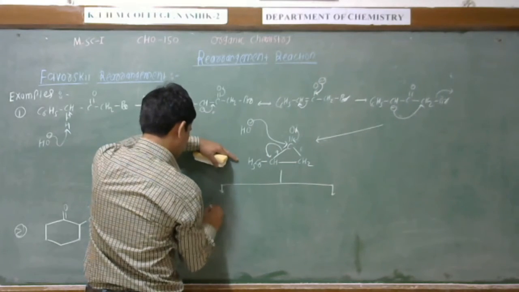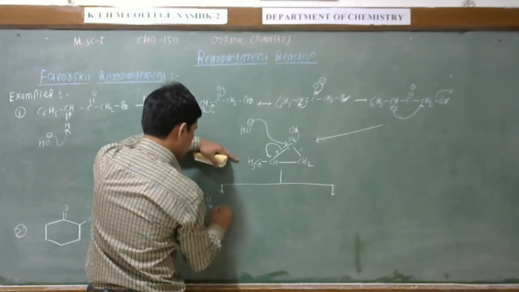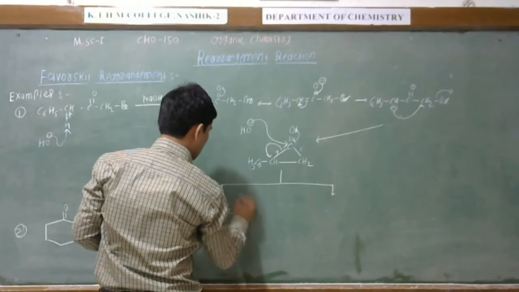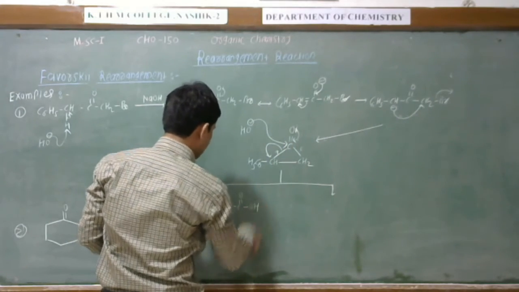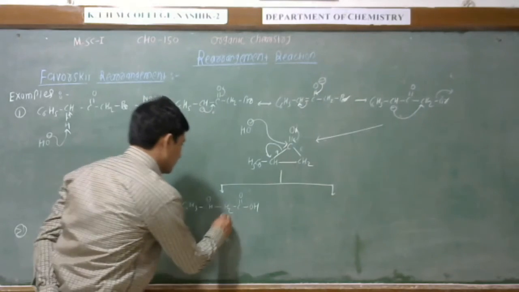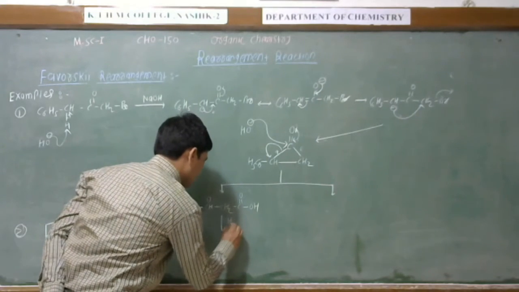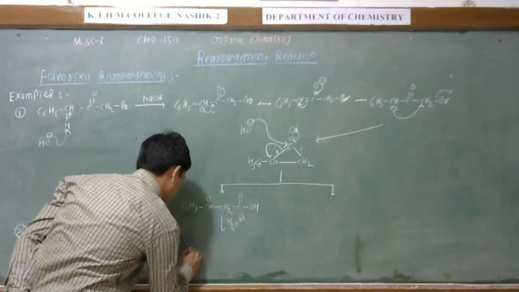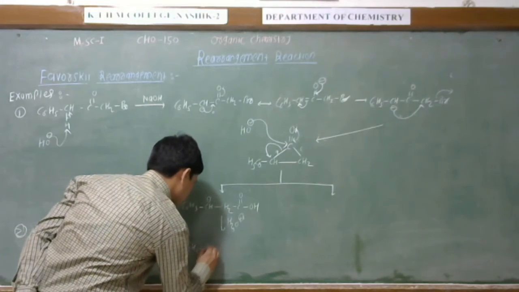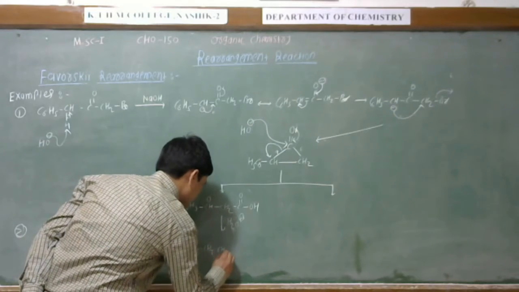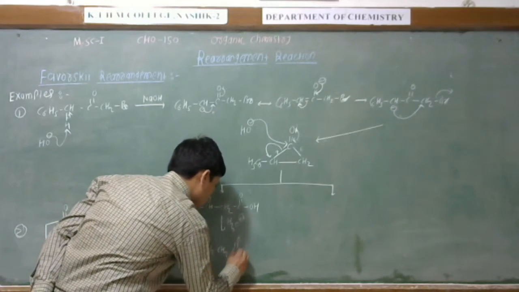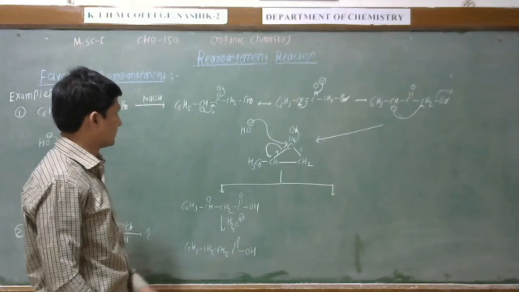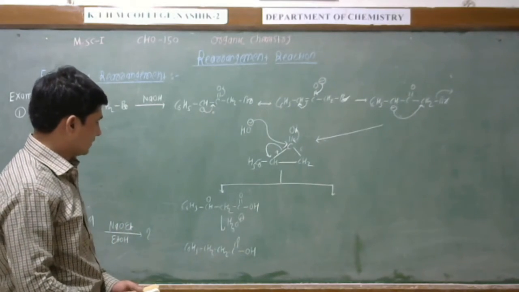Next one is the CH, here is the minus charge. This is the CH2 next. This is C double bond O, and the hydroxyl group is attached to the C double bond O. And after the protonation by acidic water, there will be formation of C6H5, CH2, CH2, C double bond O, and this is OH. So this is the acid here.